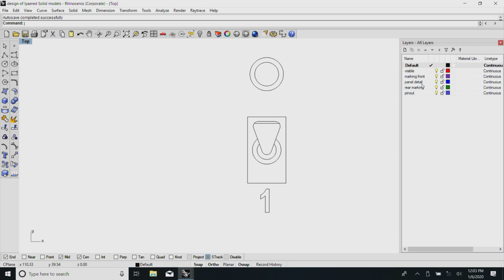In the case of panel detail, in the last session I talked to you about how if you have a switch, to prevent its rotation, because it has a hexagonal tightening thing in the front and does not have a printed circuit board at the back, you need to also make details of the opening that you need to create. Then further down is the marking at the rear, which gives you hints such that you can eventually use it for two cases. In the case there is a printed wiring board, these numbers, including a switch number and the termination number which I have shown you, can be copied there.